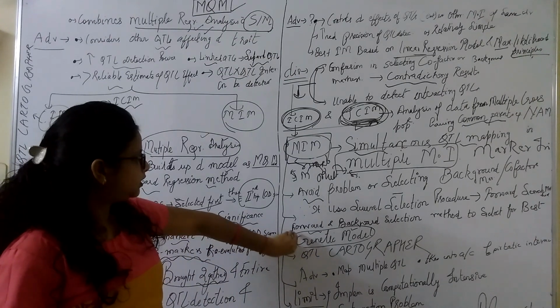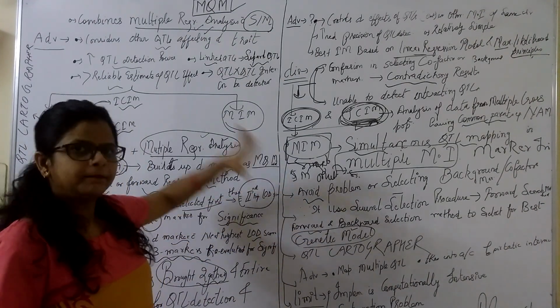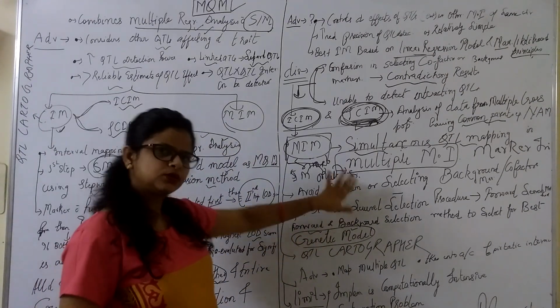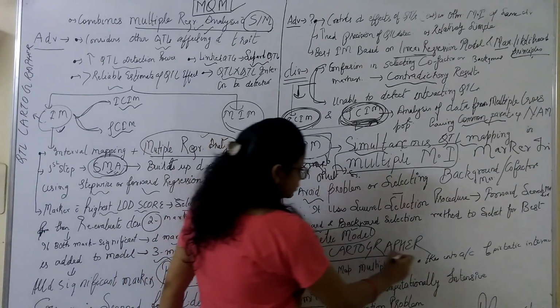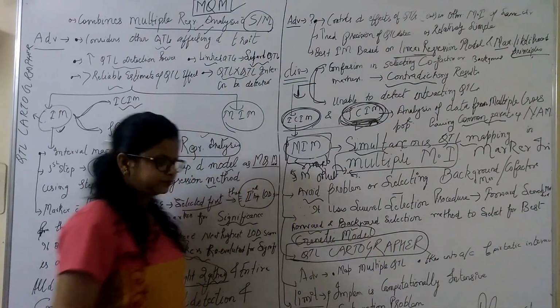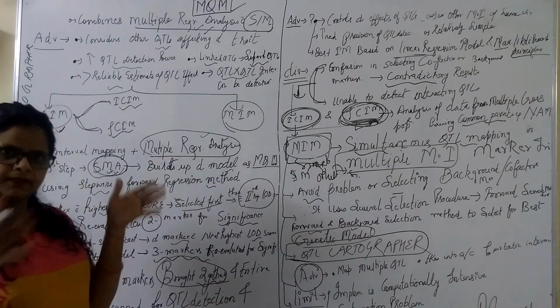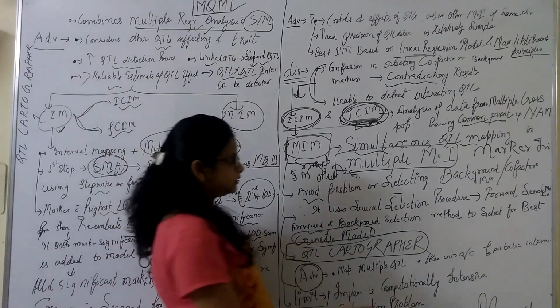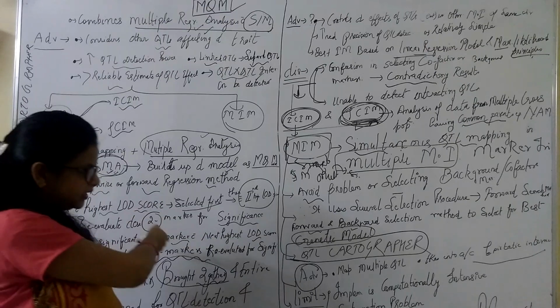The only thing is that carrying this out is a little more computationally intensive compared to SIM. Otherwise, it's also a very simple approach, and you can carry it out in the QTL Cartographer software. The advantage of multiple interval mapping is that you can map multiple QTLs simultaneously. Then it takes into account epistatic interaction, which SIM does not.